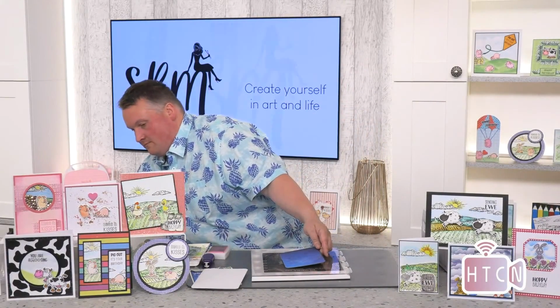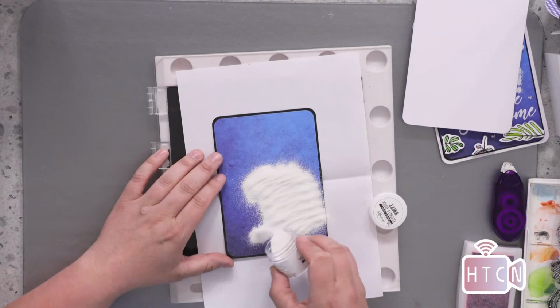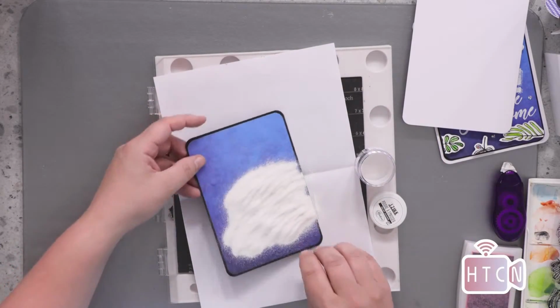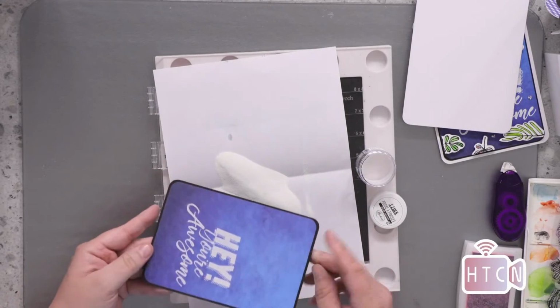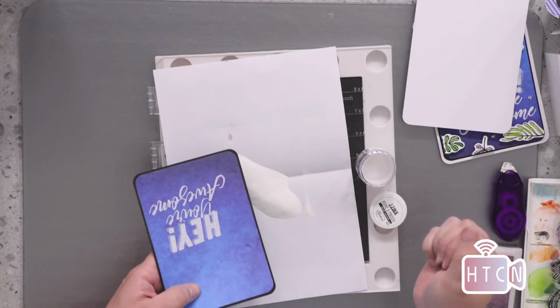So I'll just get a piece of paper. I'm going to use the Ice Ink white embossing powder, as I find this gives a really crisp look when it's embossed. I'm just going to shake that all over the sentiment. Don't worry about how much you put on because you hardly use any, and it'll all go back in the jar. I'm just going to tilt that off. Give that a good shake. Just bang it both ways. Any loose bits like here, you can just brush them off with your finger, and you know they're not going to ruin your design. So let's put that to one side. I'm going to put the loose powder back in its tub because